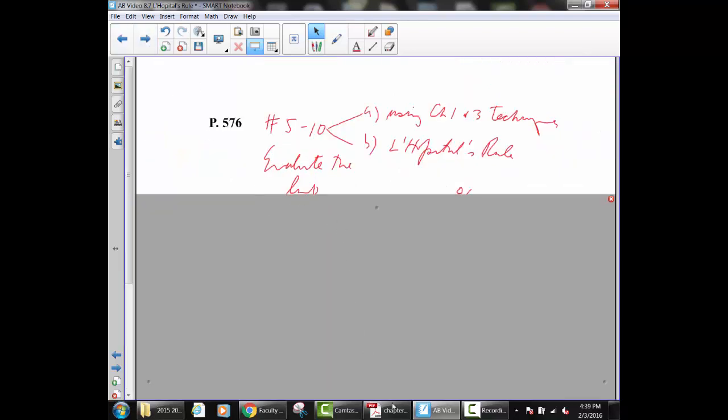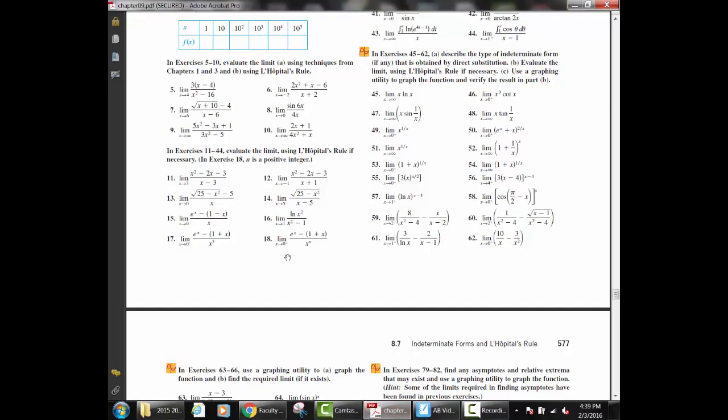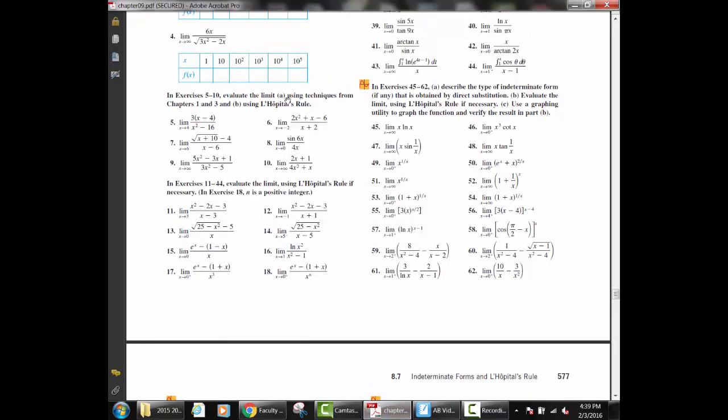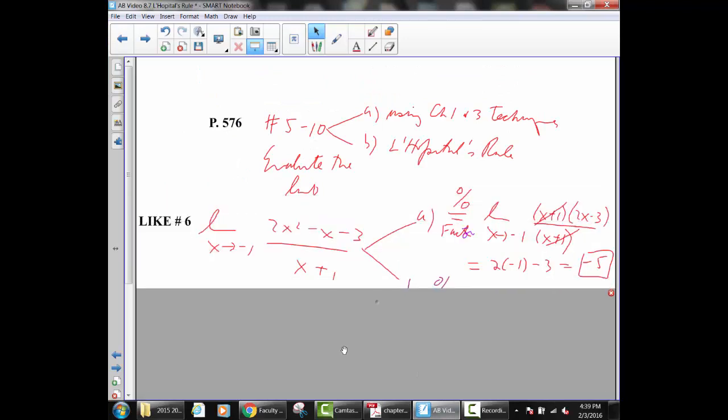So, if you look at numbers 5 through 10, it says evaluate the limit A using techniques from chapters 1 and 3, B using L'Hopital's. So what will happen in these, you'll get a 0 over 0, and you'd be able to, for example, here, factor in, cancel, rationalize, etc. Okay? So, if we look something like number 6, a rational function, if I substitute, I get 0